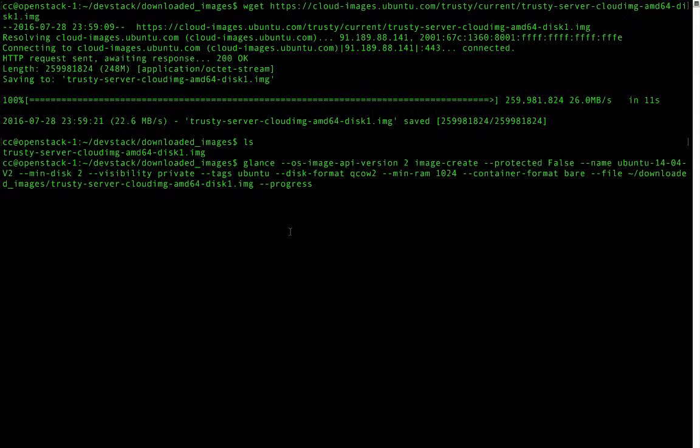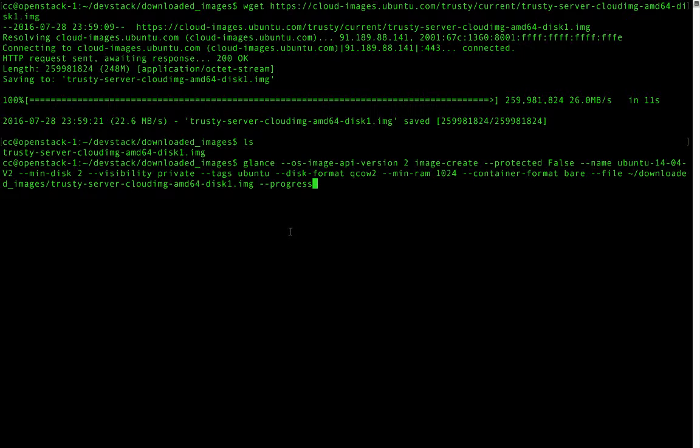Next, we're going to use the image-create subcommand. In this subcommand, we can use different properties, such as protected. In this case, we'll select false, the name that we want to use for the image,